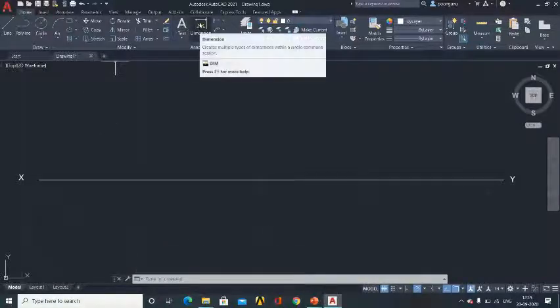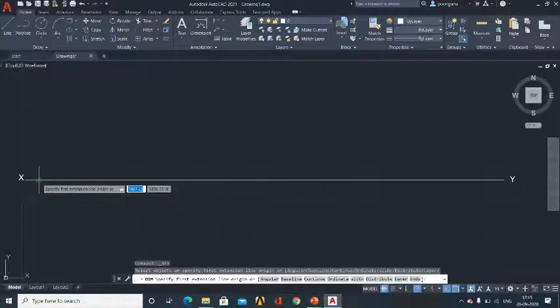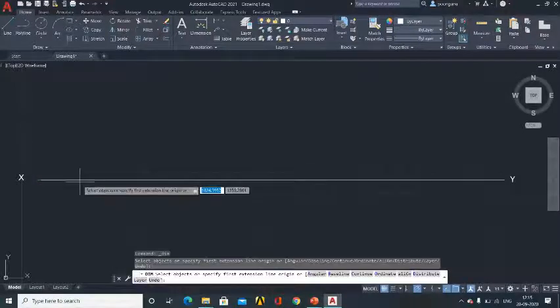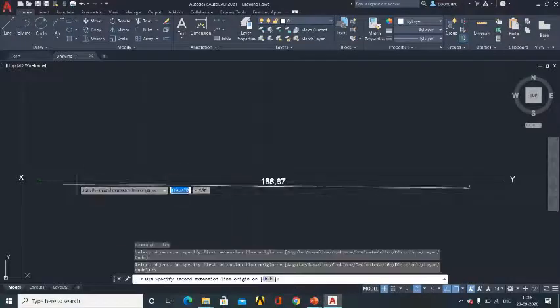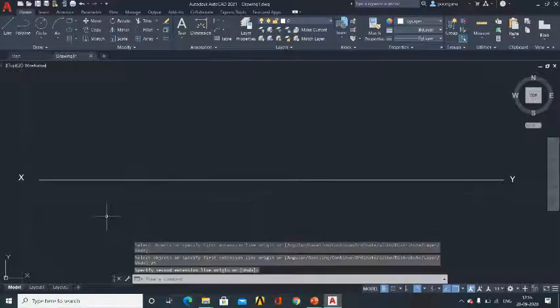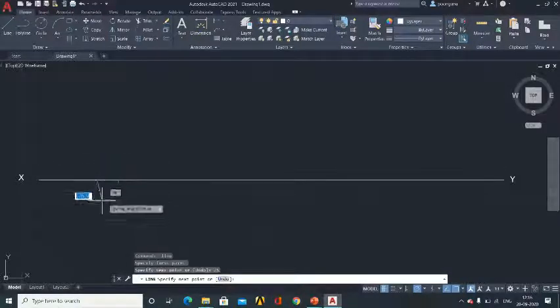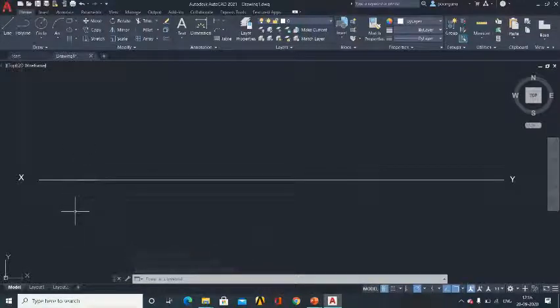As mentioned in this problem, I need to maintain a distance of 25 mm. So select the line command and draw a line of length 25 mm. So we got a line here. From here you need to construct the A.